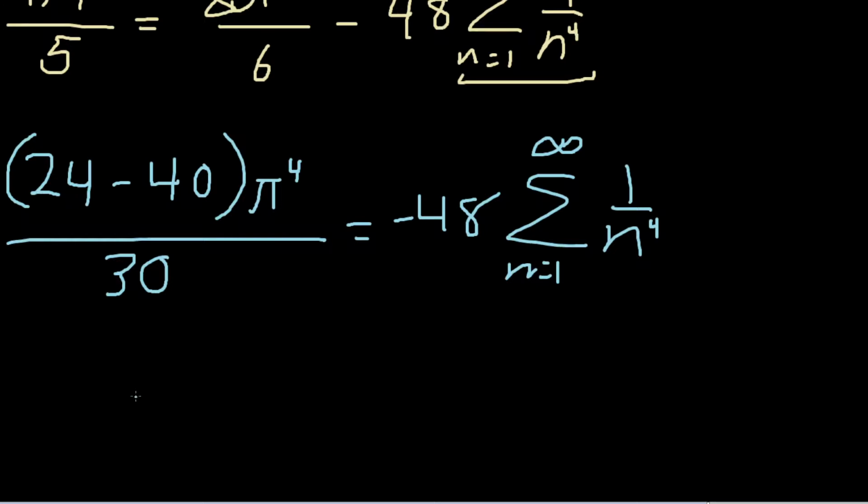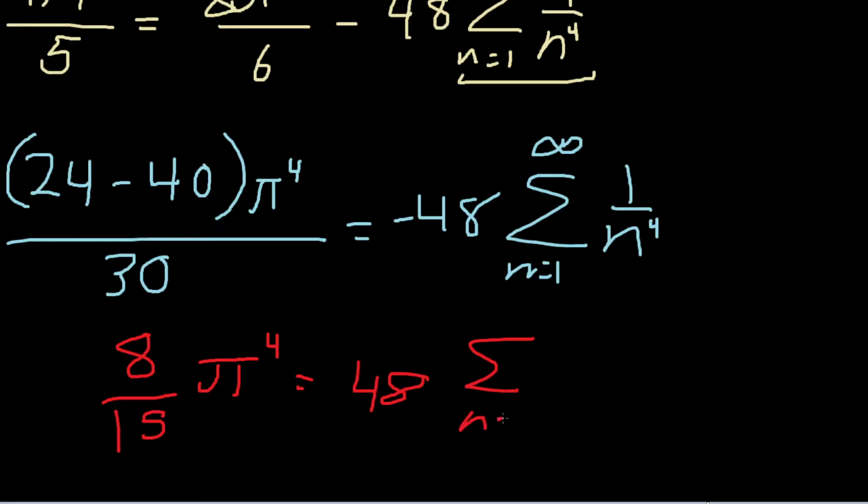And it's looking good. So we get negative, cancel the negatives, we just get 8 over 15 pi to the 4th is just 48 times the sum from n equals 1 to infinity of 1 over n to the 4th. Therefore, this sum is just equal to